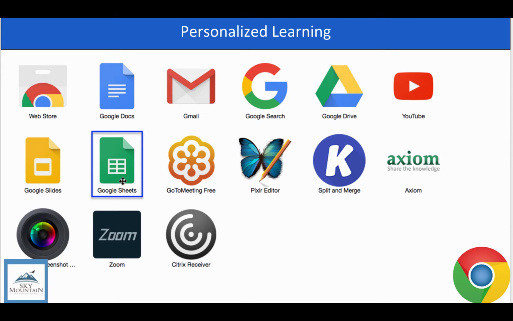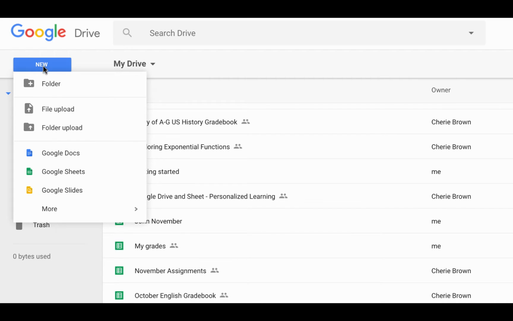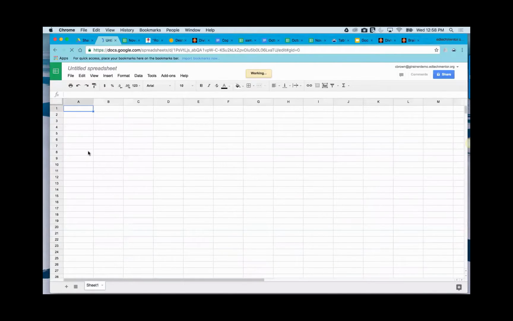One way to get to your Google Sheets is to go to the Apps Launcher and click on Google Sheets. Another way is to be in your Google Drive and click New and Google Sheets, and you get a blank spreadsheet. One of the other things I want to show you, though, is that if you want to have access to their